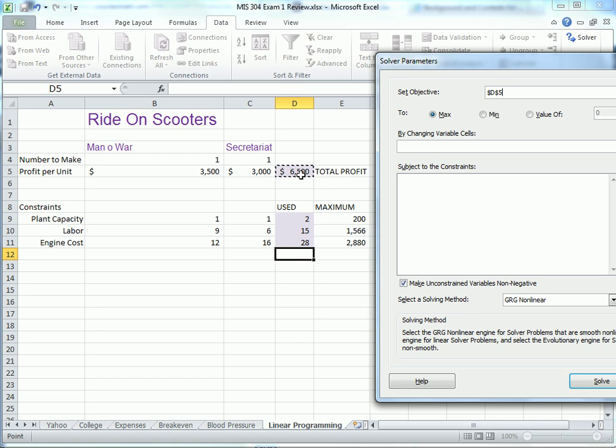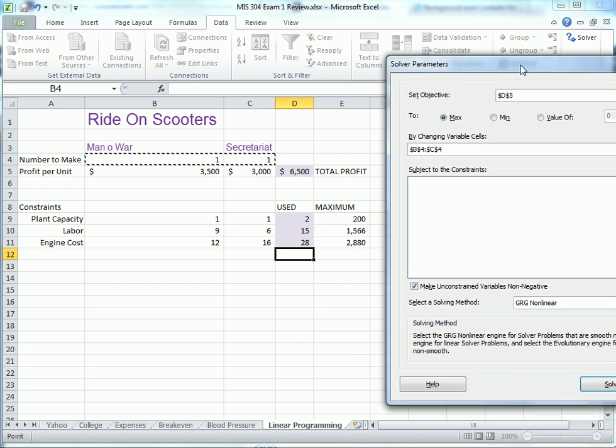So it is D5 that you want to maximize by changing variable cells B4 and C4, and the constraints that you have are,